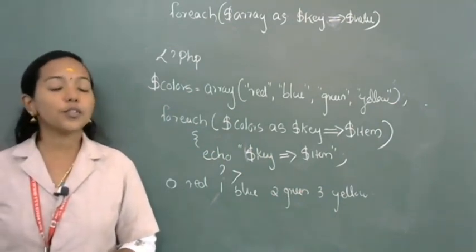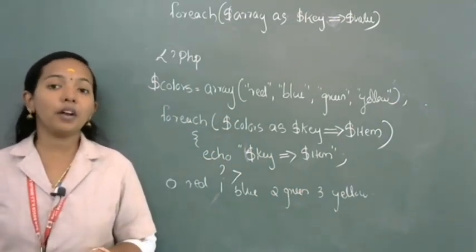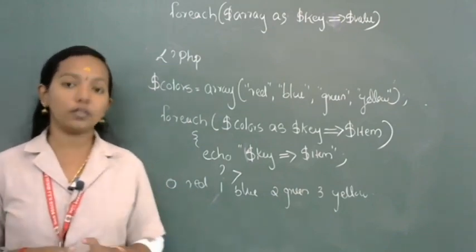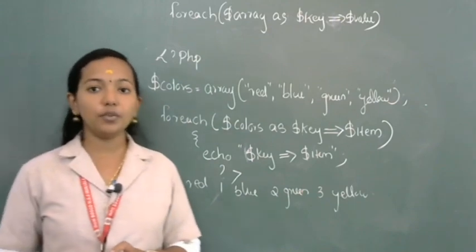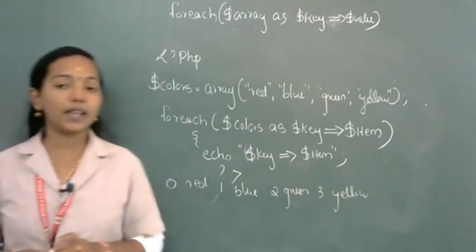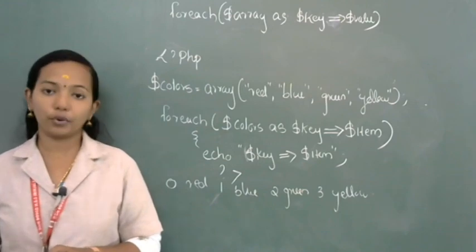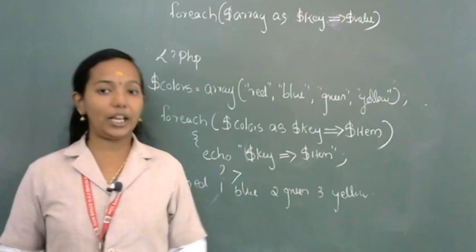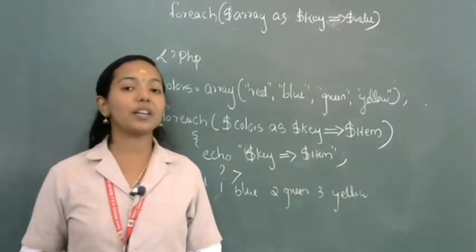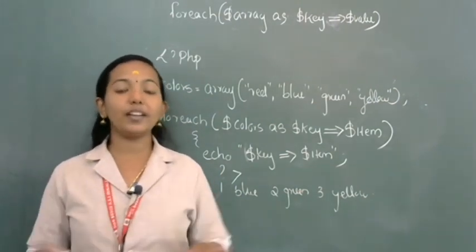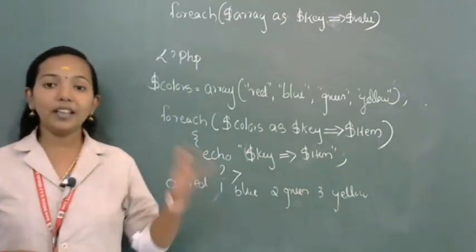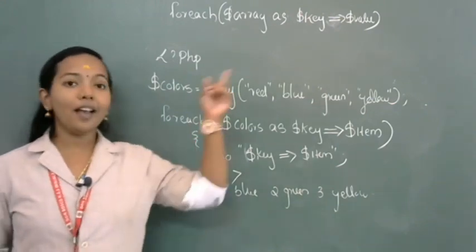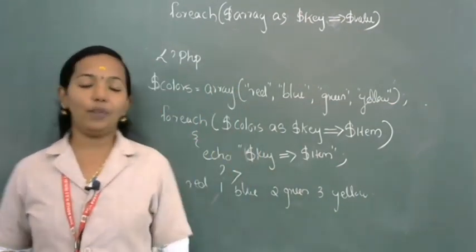Okay, so we can use the foreach loop if the number of items in the array is not previously known. At that moment we can use the foreach loop. The foreach loop is an extended version of the for loop. There are two syntaxes. First one is $array as $values. It is normally suitable for indexed arrays. That means we are only mentioning the items. But if we want the key along with the item, then we use the second method, $array as $key => $value.